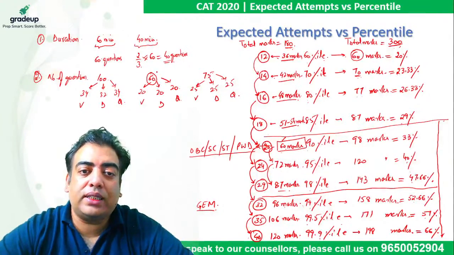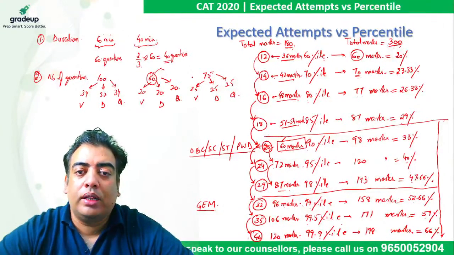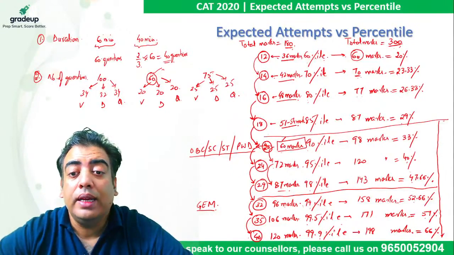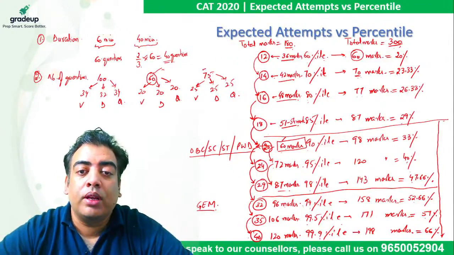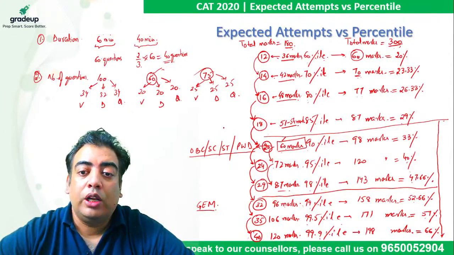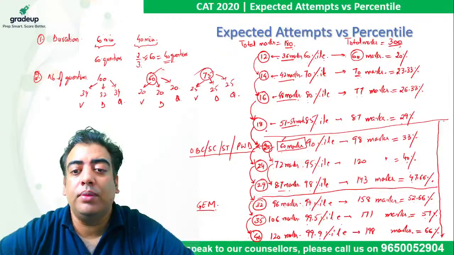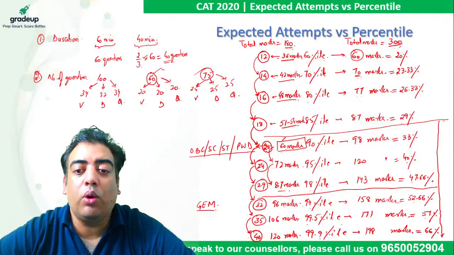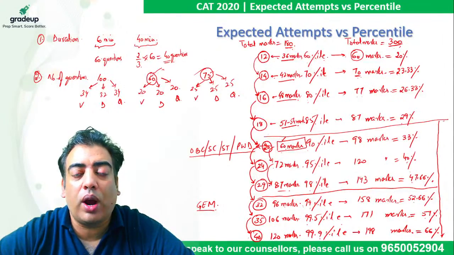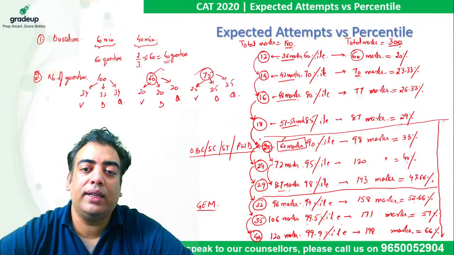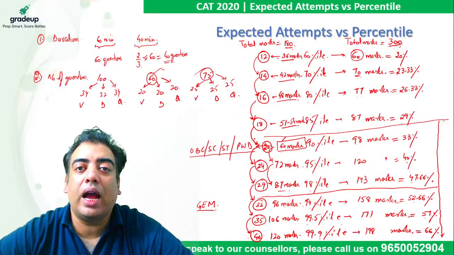So out of a 60 question paper, this is what we are required. This is the entire breakup. Now you can form the very same breakup when the total number of questions is 75. You must know in the exam how many questions you are going to solve in order to fall in the required bandwidth or the percentile range of your choice, so that you start getting IIM calls, right?